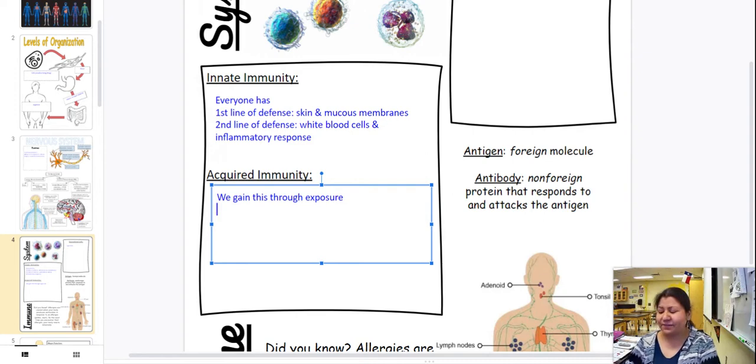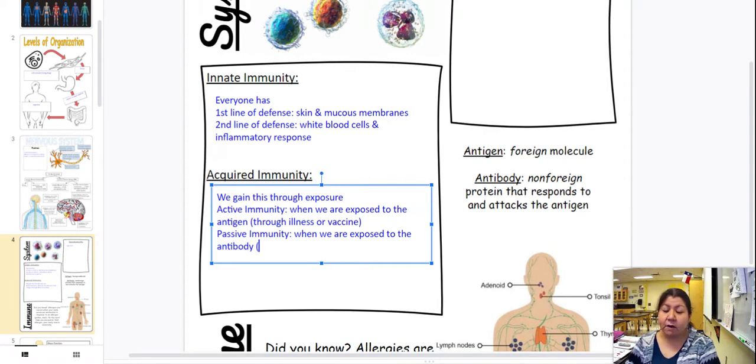And so we call those active immunity and passive immunity. Active immunity is when we are exposed to the antigen. Maybe we got sick, through illness, or we were vaccinated. When we're vaccinated, we see parts of that virus or that bacteria, and so we gain active immunity. Passive immunity is when we are exposed